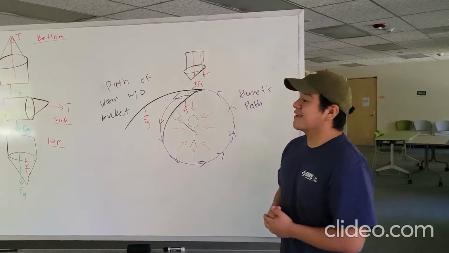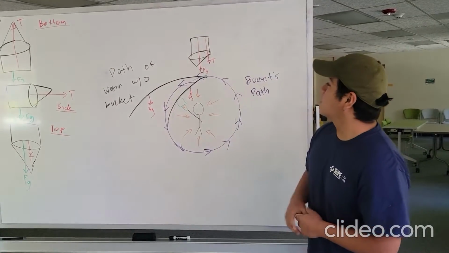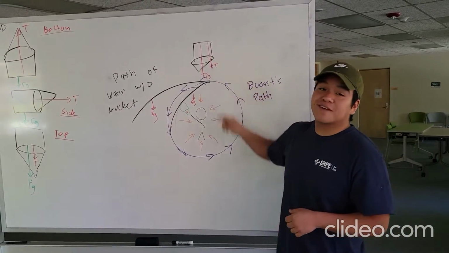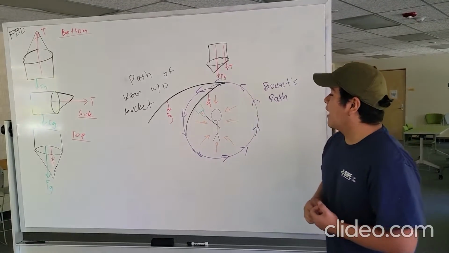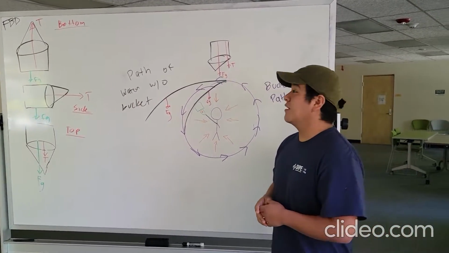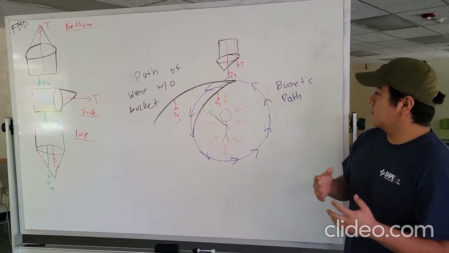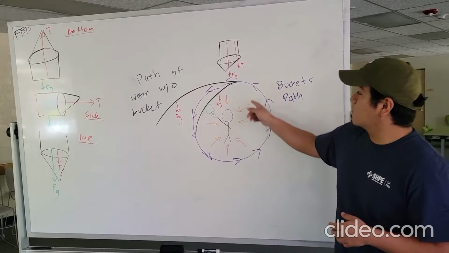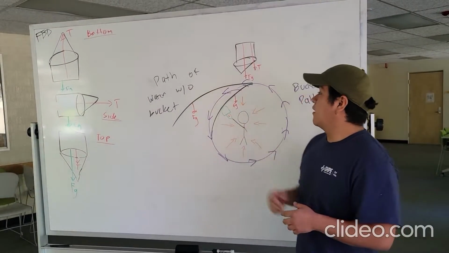So why doesn't the water splash on Ivan at the top? Well, at the top, there's only the force of tension and the force of gravity acting upon the bucket. The water, however, will have inertia, which is a tendency to continue its motion, and in this case, it'll be to the left. If we look at the water without the bucket, we'll see that it'll follow sort of like a projectile motion,